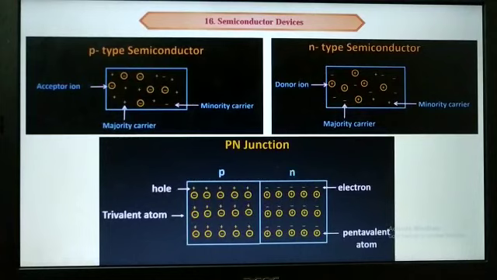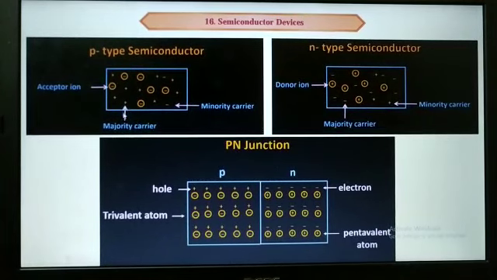You take any material, silicon, germanium, arsenic, anything. Wherever there is an electron, it will occupy some space, and when the electron is not present, there will be a space or gap, we can say. That gap we call a hole. So the conclusion is, holes are nothing but the absence of an electron, and just for studying purposes we are denoting them with a positive sign.